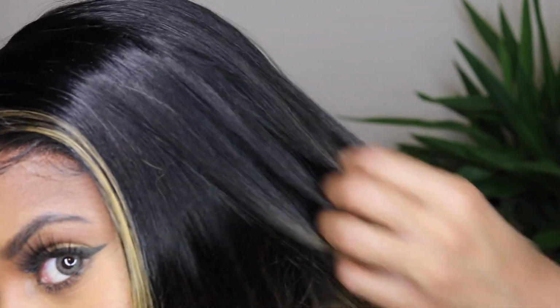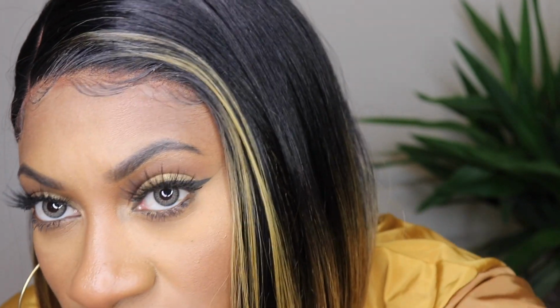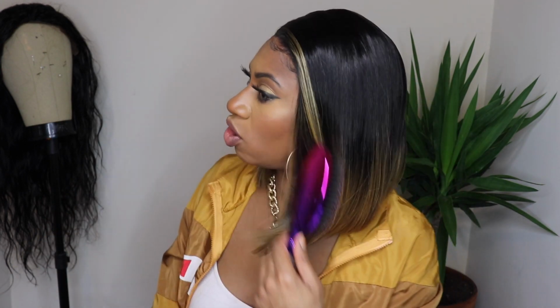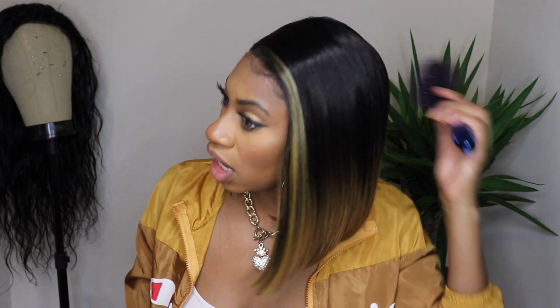And I also still feel like this hair is a bit shiny. So let me back up. The style of the wig, the color of the wig, and the cut, I think is literally perfection. It's probably my favorite side part bob to date. I love this one. I didn't try Kiva, to be quite honest, so I don't have that to compare it to,